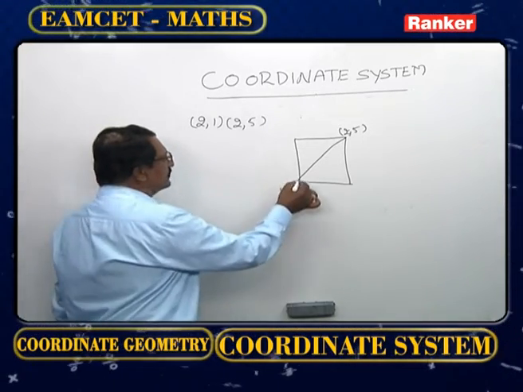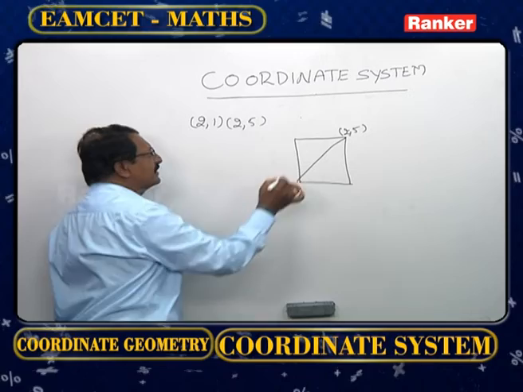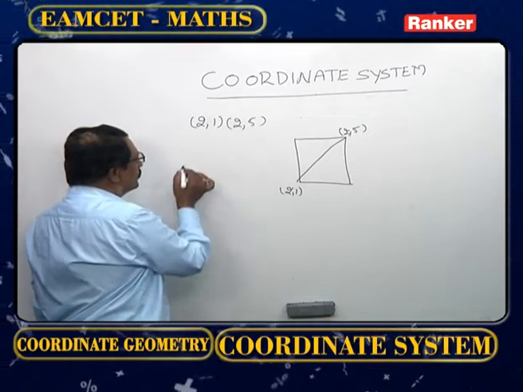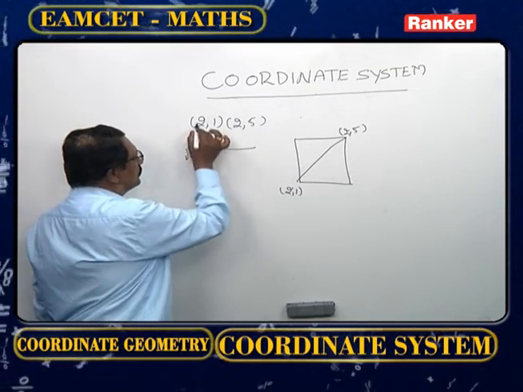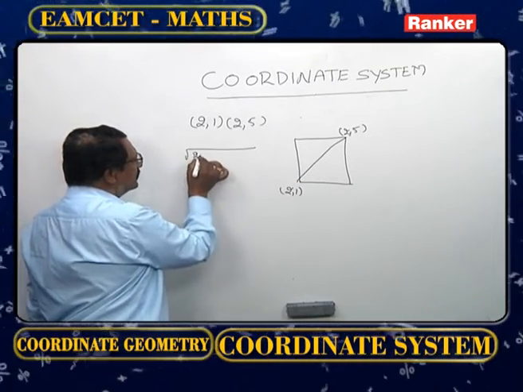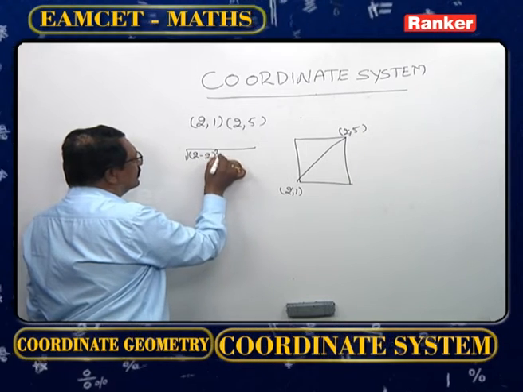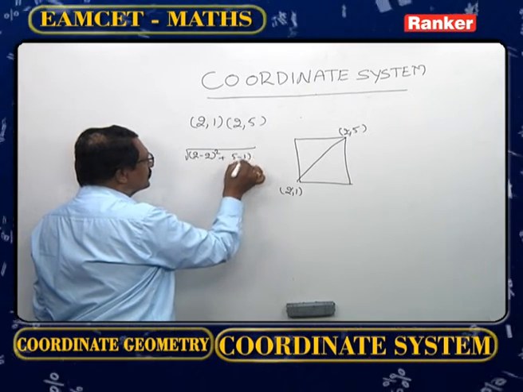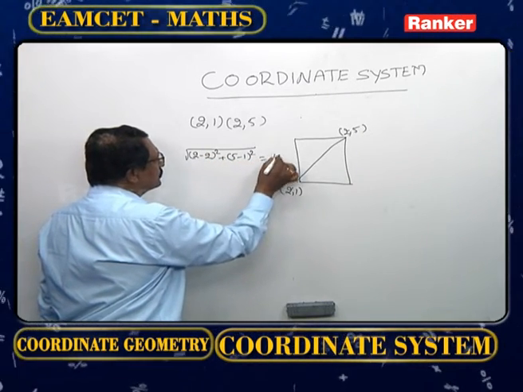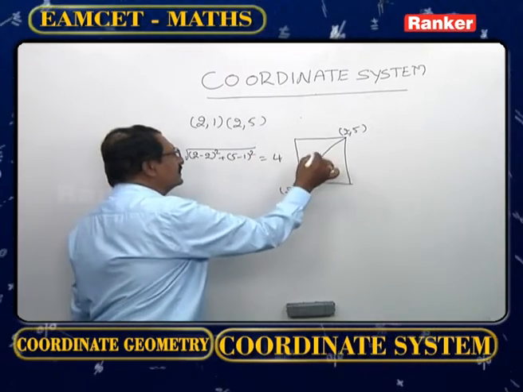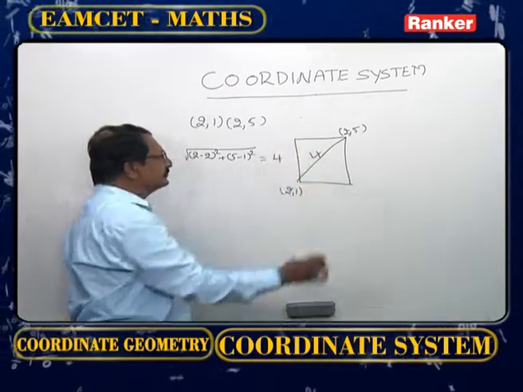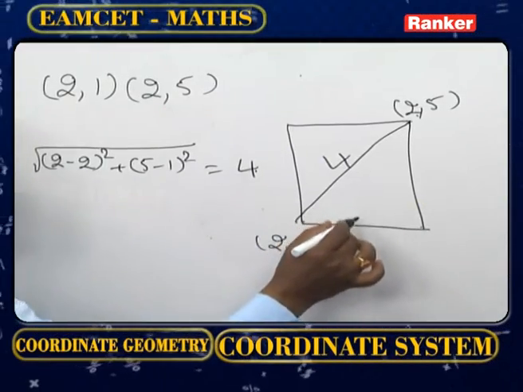Now the distance between the two points gives the length of the diagonal. The distance equals the square root of (x2 minus x1) whole square plus (y2 minus y1) whole square, that is (2 minus 2) whole square plus (5 minus 1) whole square, which equals 4. Now the length of the diagonal equals 4 units. Now we require the length of the